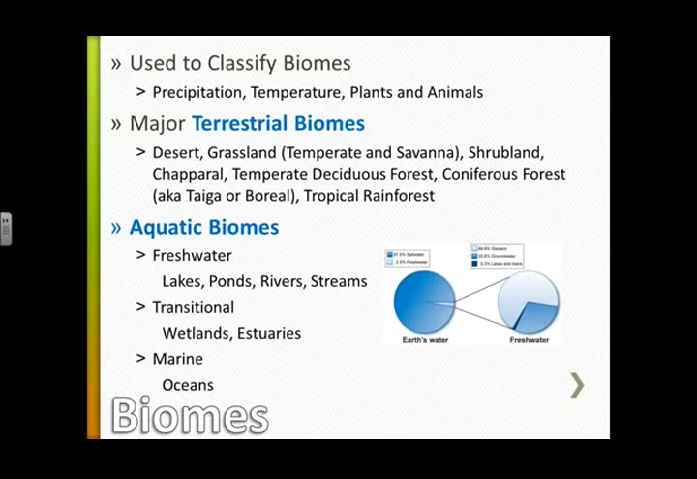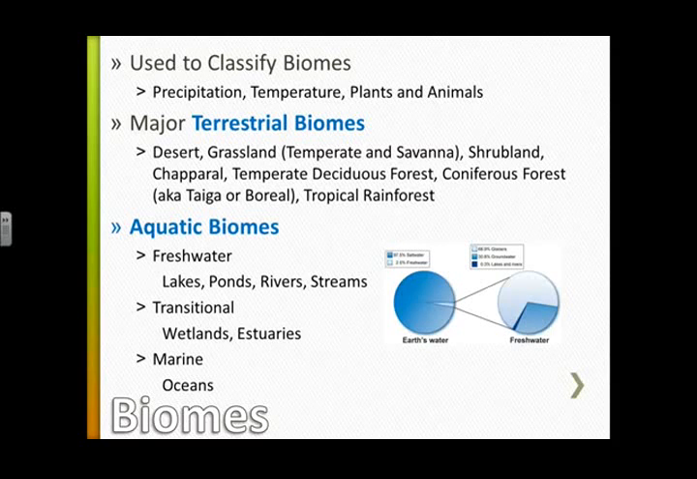The major terrestrial biomes, as in on the land, are desert, grassland, which you'll sometimes see those broken up into temperate grassland and savanna, but for our purposes we're going to call them grassland, shrubland, chaparral, temperate deciduous forest, coniferous forest, which is sometimes called the taiga or boreal forest, and the tropical rainforest. And our aquatic biomes are freshwater, such as lakes, ponds, rivers, and streams, transitional, like wetlands and estuaries, think kind of swamps, and then marine, which are the